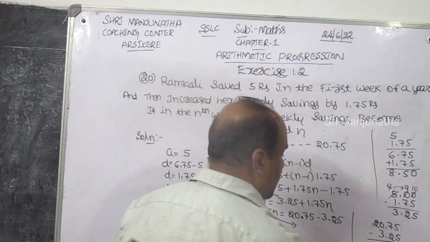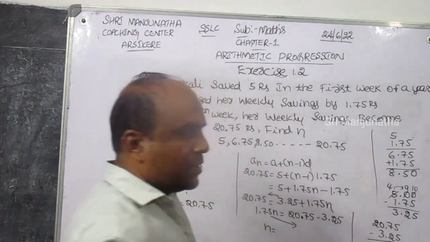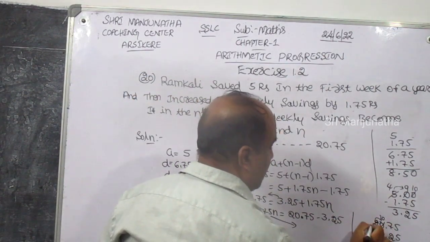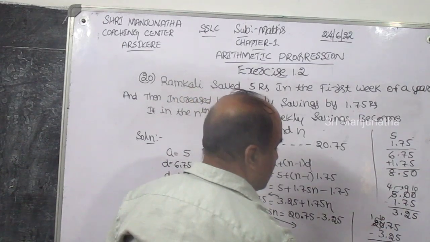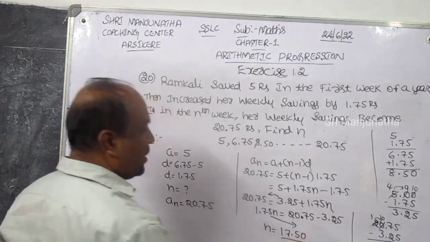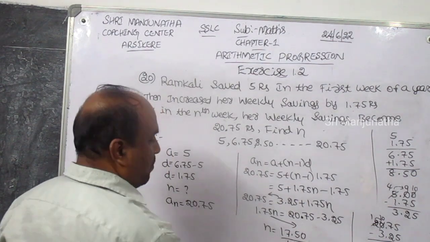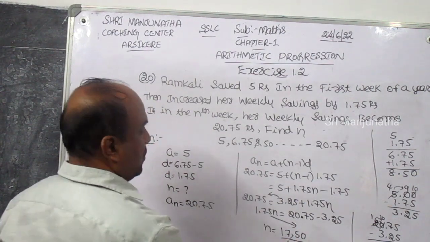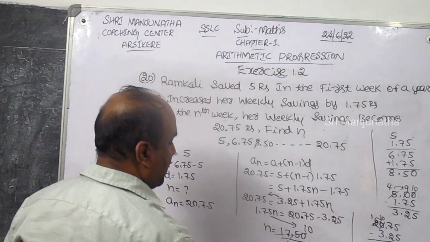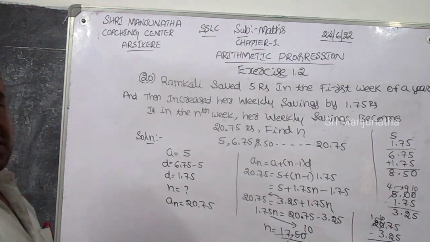5 minus 5 is equal to 0. 7 minus 2 is equal to 5. 0 minus 3 is not possible. Borrow 1 from 2. It changes into 10, and the 2 changes into 1. 10 minus 3 is 7. So 17.50. What is in the denominator? Cross multiplication. 1.75, the point will be cancelled. 175 ones are 175, 175 tens are 1750. n is equal to how much? 10. It is actually a decimal problem. You have to study it in the 7th standard.